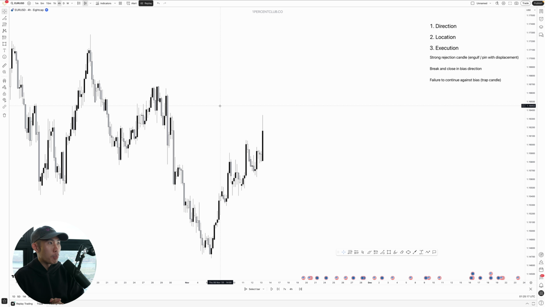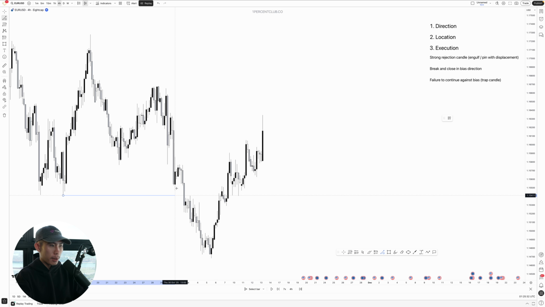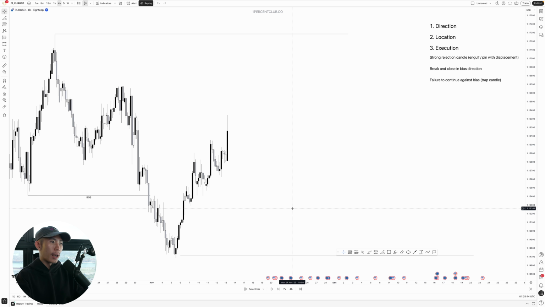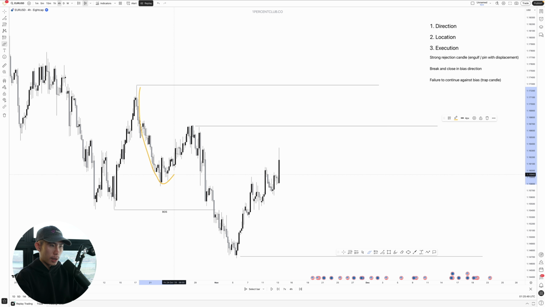Alright, so for the next example, I'm just gonna speed run it because by now you should have a very clear understanding of this 3-step framework and how to properly utilize it. So first step, look for the direction. We have established that price is going down, lower highs, lower lows, blah, blah, blah. You've heard me say that a million times by now. And you want to map out the most recent break of structure so that we can get our most recent swing range. This is the swing high right here, and then this is the swing low here. And you can also map this high over here as well, because this is also a very obvious high. Or you don't need to as well, but yeah, let's just remove that.